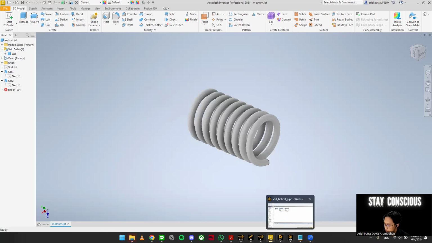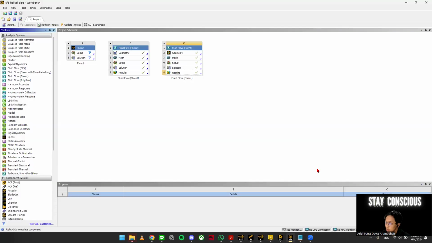So after that, we're going to use a workbench of ANSYS. Okay, so this is the setup. This is my last setup, which I failed, but it's okay. I've learned from my mistake. So this is the new setup that I've set before.